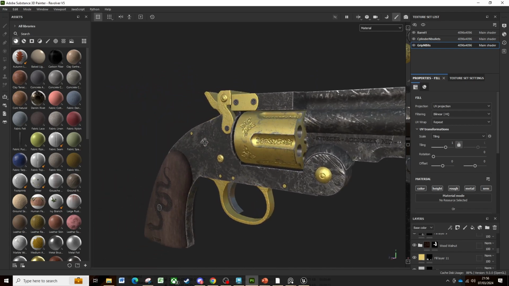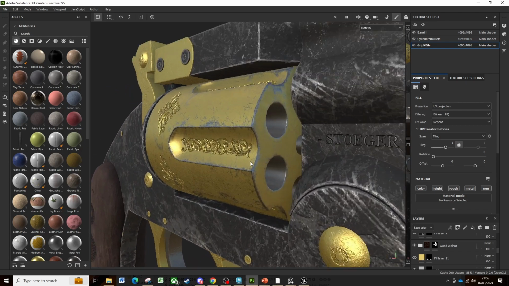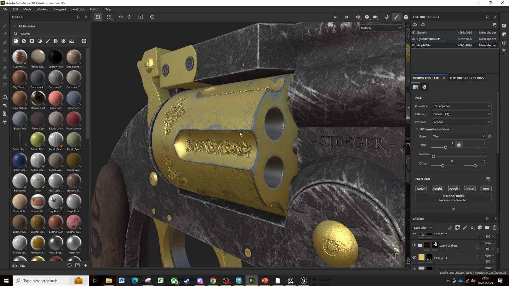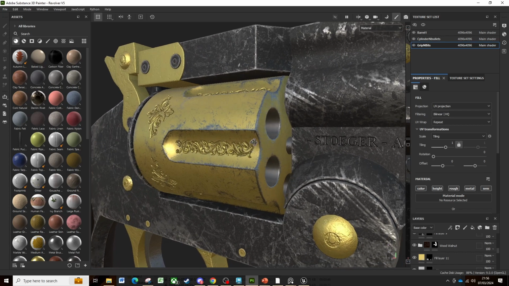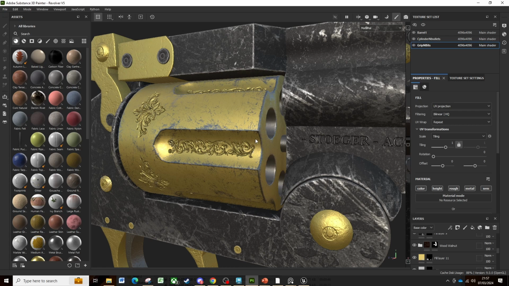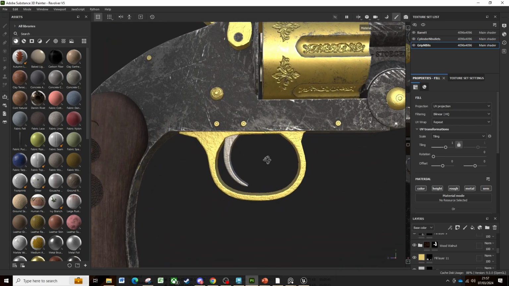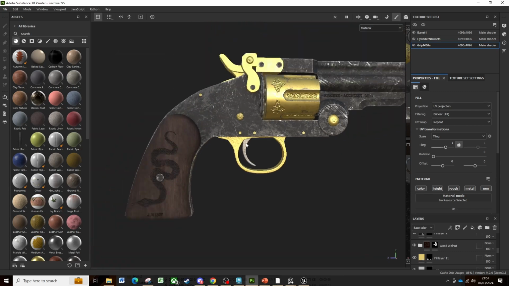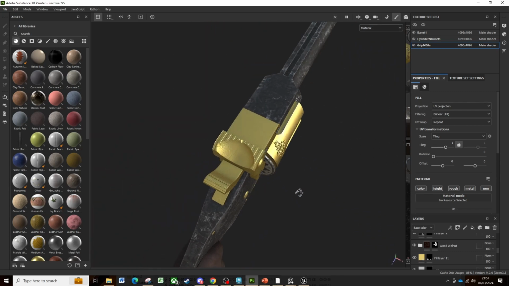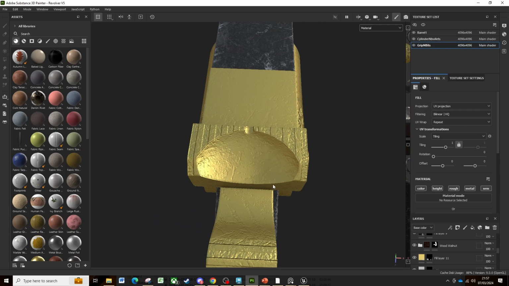The cylinder is brass. It does look quite gold, but that's actually a brass. I used color codes to find out what the exact color code for brass was. That's also got a metal edge wear on the cylinder. And this is a nickel actually. I used the color code for nickel as well because I figured the trigger might be nickel. I've then painted on some height indents